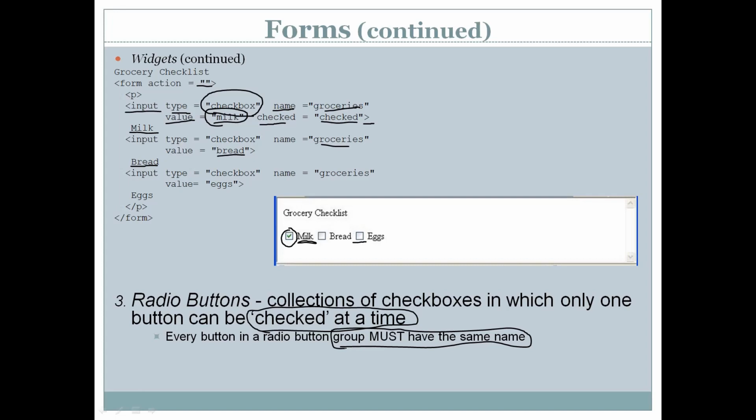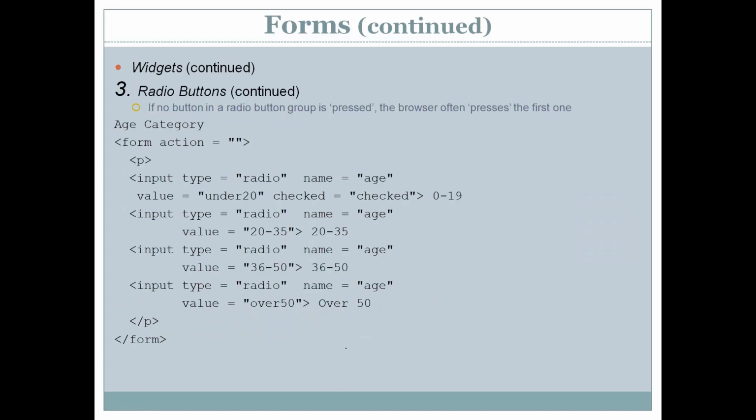All the radio buttons in that particular group should have the same name, so that it will behave in a mutually exclusive manner. Means once one is selected, the other will automatically deselect. When you select another item, the first item which was selected will get deselected. This is called mutually exclusive behavior. This will not happen if you have different names for the radio buttons. Okay, let's see an example.